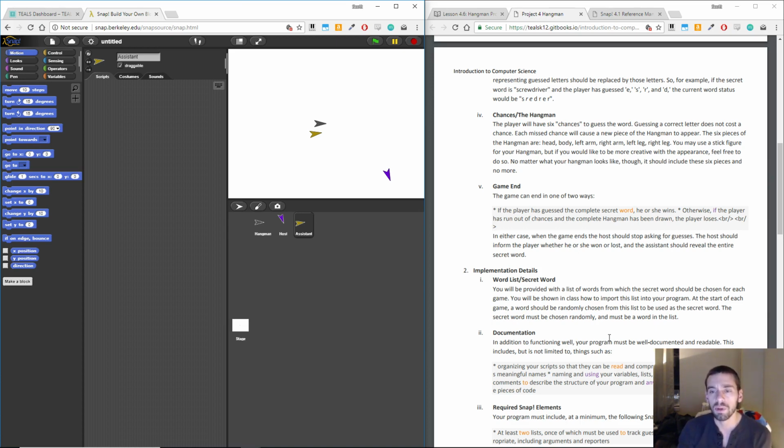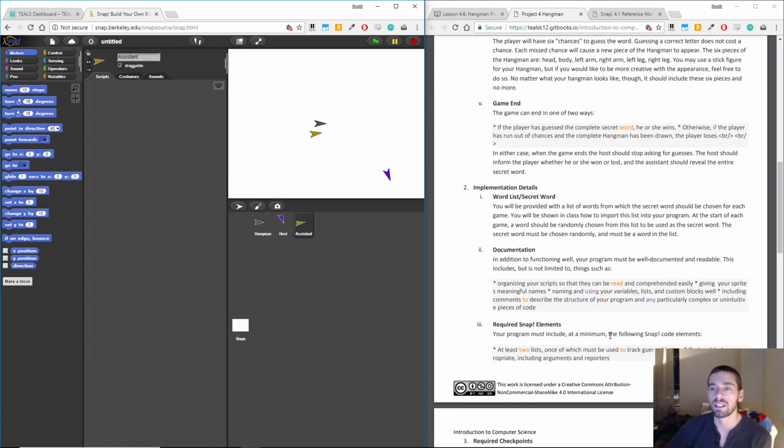The game can end in one of 2 ways. If the player has guessed the complete secret word, he or she wins. Otherwise, if the player has run out of chances and the complete hangman has been drawn, the player loses. In either case, when the game ends, the host should stop asking for guesses. The host should inform the player whether he or she won or lost, and the assistant,